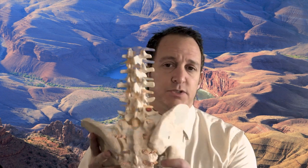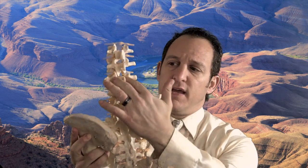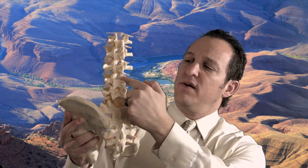So let's start by looking at a little anatomy. This is a spine model. You have each level coming down, and this is the pelvis and the sacrum. Okay? So what you have over here and here and here, these are facet joints. They're about the size of a thumbnail, and there's one at every level on each side of the spine. Okay? They have cartilage just like any other joint, the hip, the knee, the ankle, and they can become arthritic